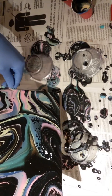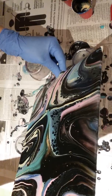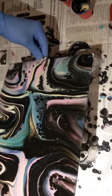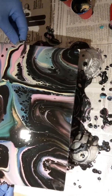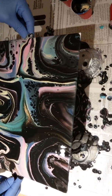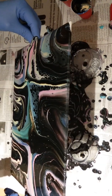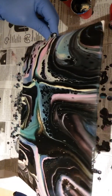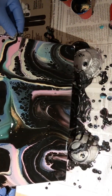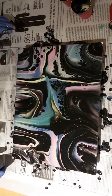Yeah, I think this is gonna have the same texture as the first one I did. Yeah, yep. Ooh. Okay. It looks like it's right in the middle, so it's gonna be perfect. This is pretty. Let me just straighten it out a little bit. Maybe get rid of a little bit more. There you go. I don't know if I like it or not, but